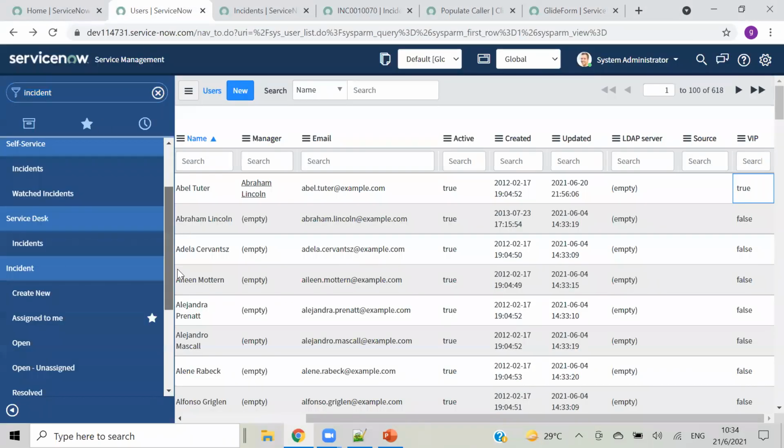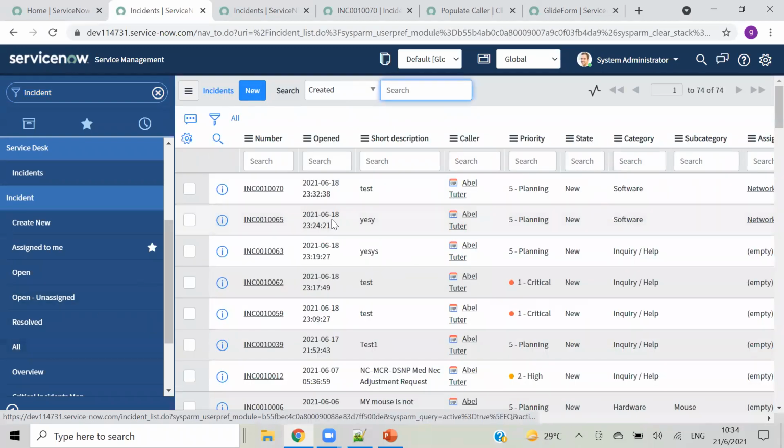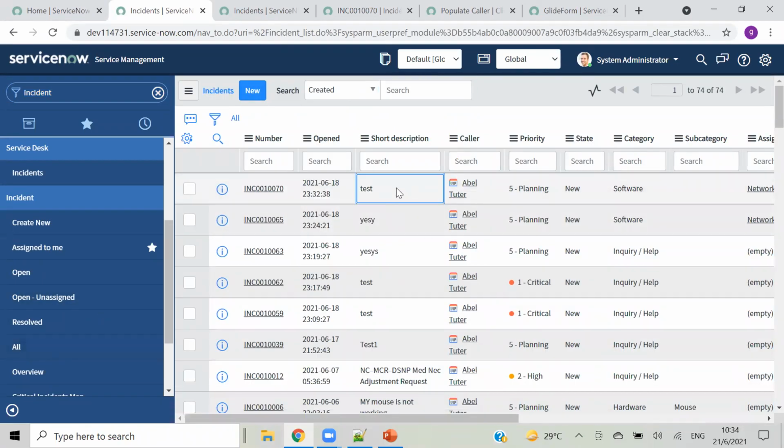So next, on cell edit. I'm going to this incident.list. Like if I want, this is cell edit: I'm going to any particular cell and editing that. So whenever I'm doing on cell edit, I have to perform some action, so I can write that in cell edit.